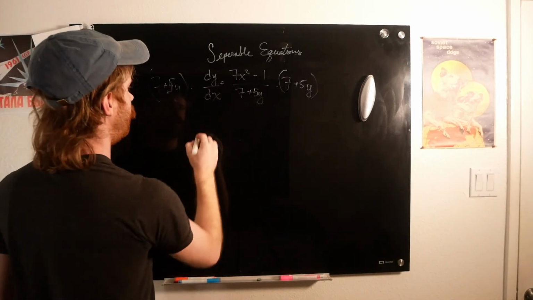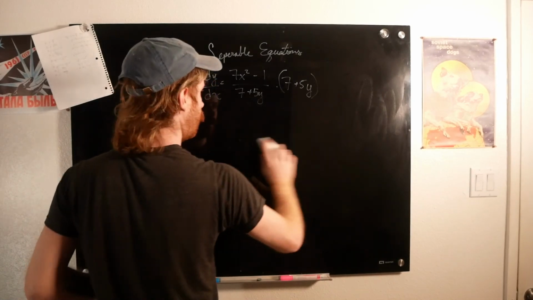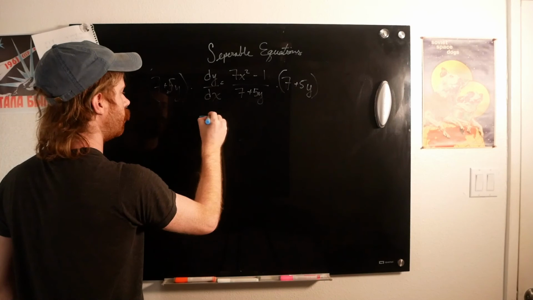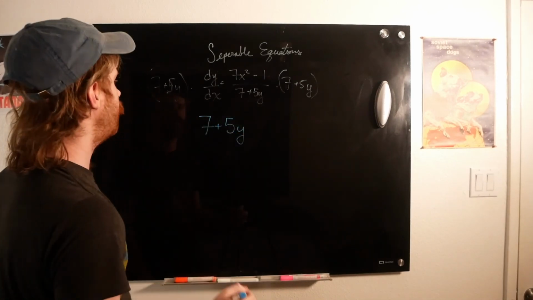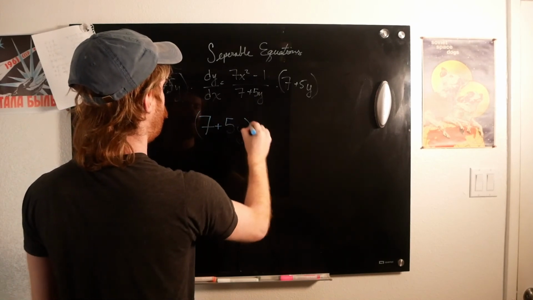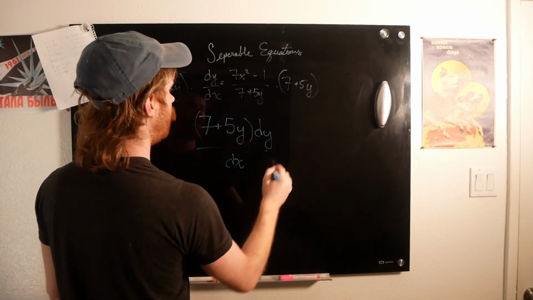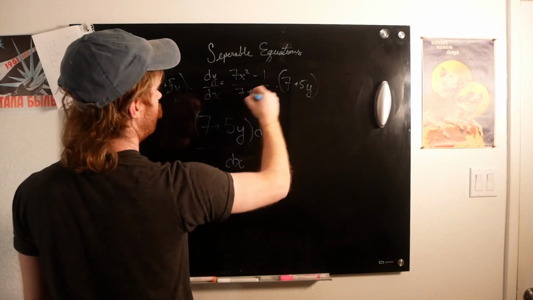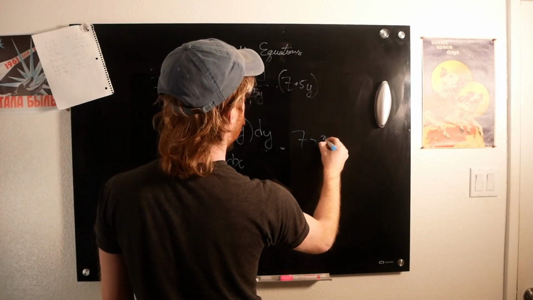So that's going to give us 7 plus 5y dy over dx equals, the 7 plus 5y on each side is going to go away, right? So we're left with 7x squared minus 1,